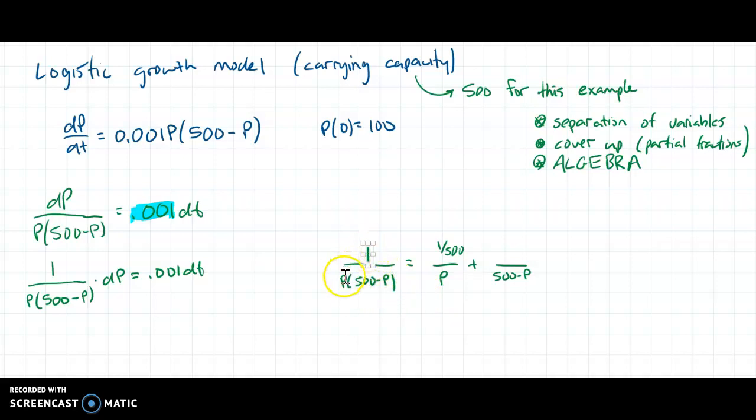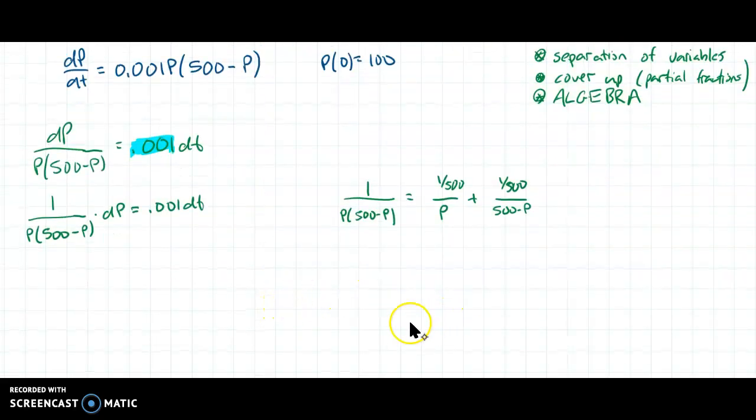So I get 1 over 500 again. So notice this right here is going to get replaced with that right there. So I now have a parenthesis, (1/500) over P plus (1/500) over (500 minus P),